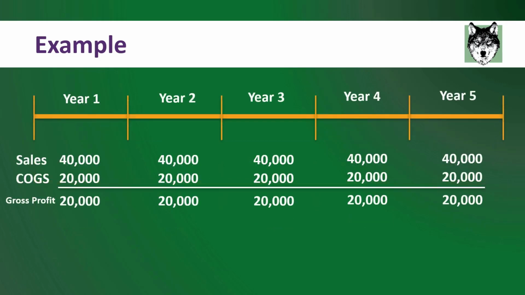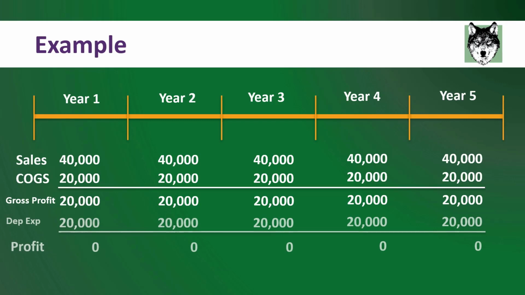This capital investment will allow your business to generate sales. So let's do a sample income statement each year. Assume $40,000 in sales, $20,000 in cost of goods sold for a gross profit of $20,000 each year. Well, this analysis is incomplete unless you also include the impact from depreciation, which is another $20,000 expense each year. Your real profit is $0. This is telling stock investors that this business model does not work. Without depreciation, you would be getting misleading information.